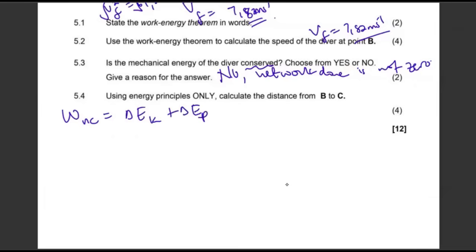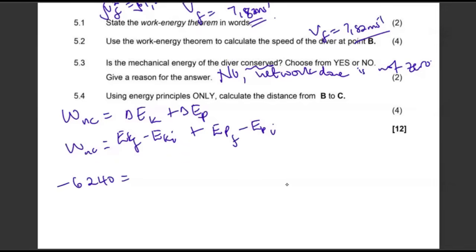We were given our non-conservative work, which is the -6, what. So the only thing I need to look at is these changes: my EK final minus my EK initial, plus my EP final minus my EP initial. When I do the substitutions, I have -6,